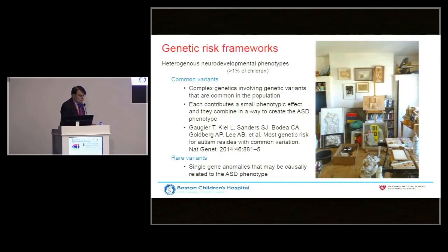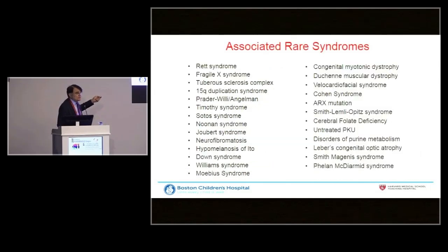So the genetic risk factors are conceptualized under two categories, the common variants and the rare variants. The rare variants are pretty simple. For those of you in developmental medicine and neurogenetics, you know all these disorders. The top three are actually the most important. Rett's disorder, which used to be associated with autism, no longer is. And then, of course, Fragile X syndrome and tuberous sclerosis. Tuberous sclerosis is very significantly associated with autism, something like 25 to 40%. So these are single gene disorders, and they're very rare. And we know them because they have specific genetics.